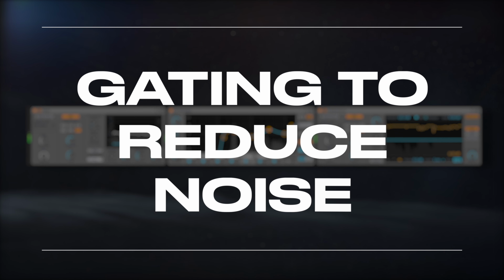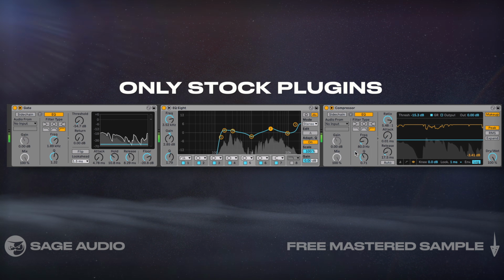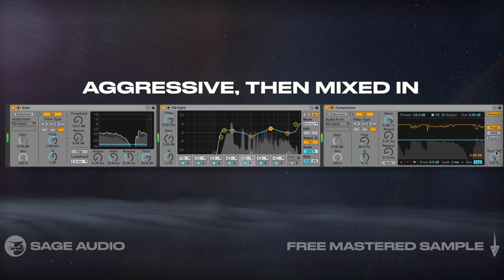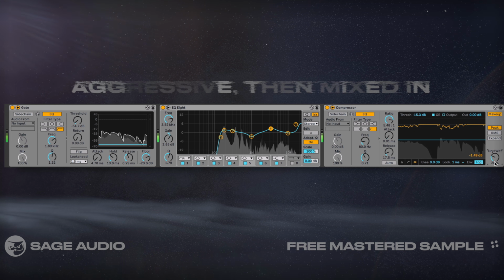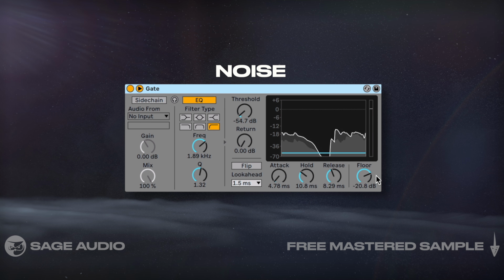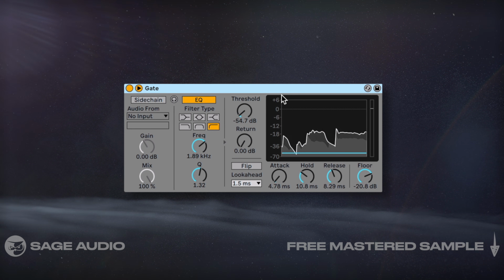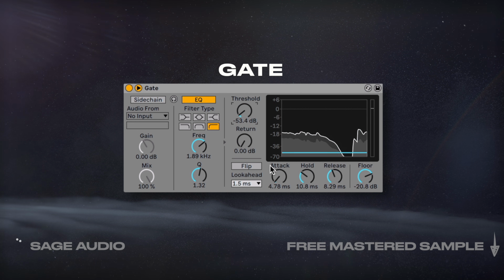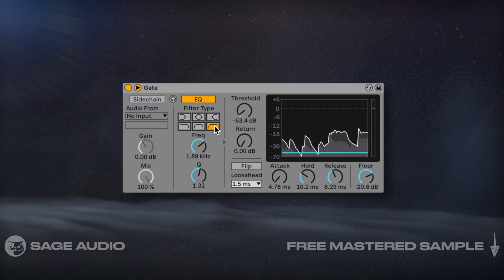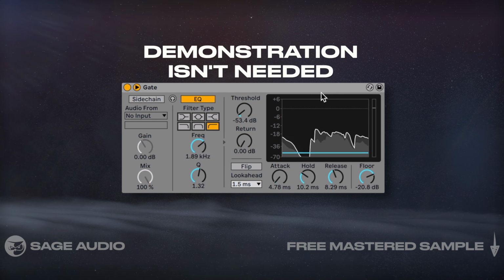Gating to reduce noise. For this video, let's create a complex vocal chain using only stock plugins. Also, we'll do some demonstrations of the effects, starting with more aggressive and then dialing it back to how I'd personally mix it. For this vocal in particular, and in a lot of home recordings, there's going to be some noise picked up in the background or from the electronics that are used. I'll use a gate with a low threshold, quick attack, moderate release, some look ahead, and a high pass internal sidechain to attenuate it. The noise in this track was so quiet that a demonstration really isn't needed, so let's